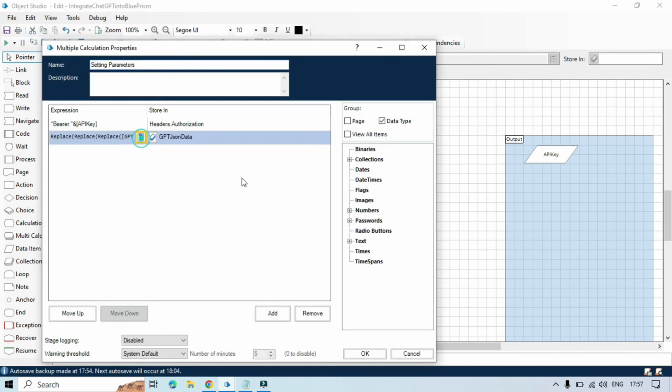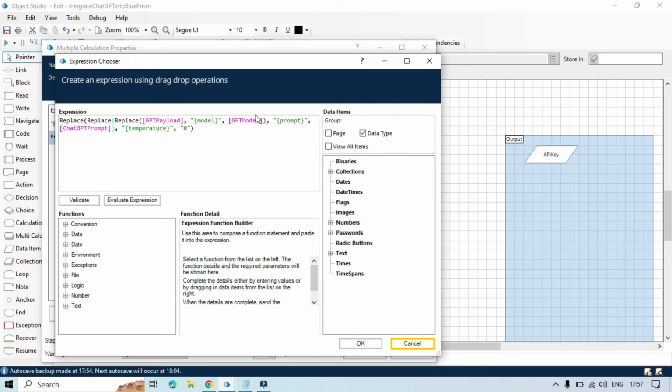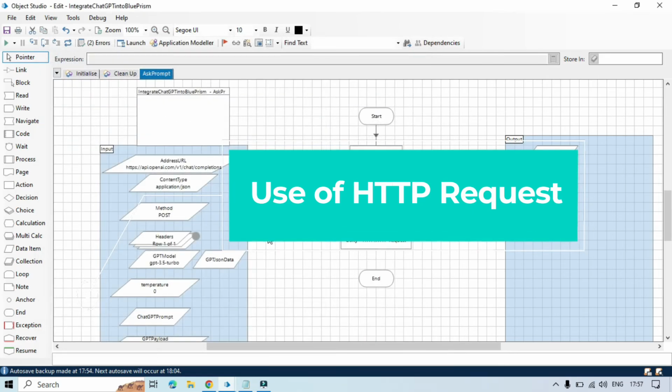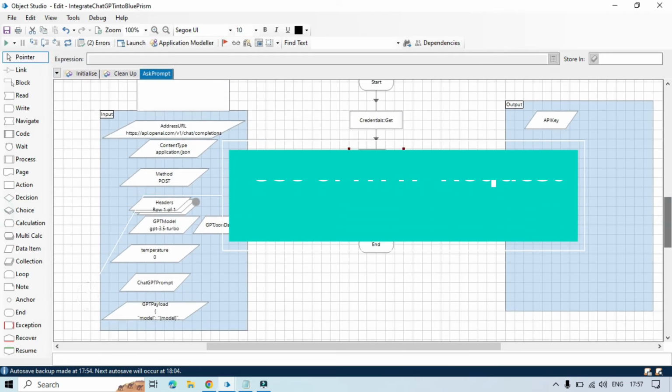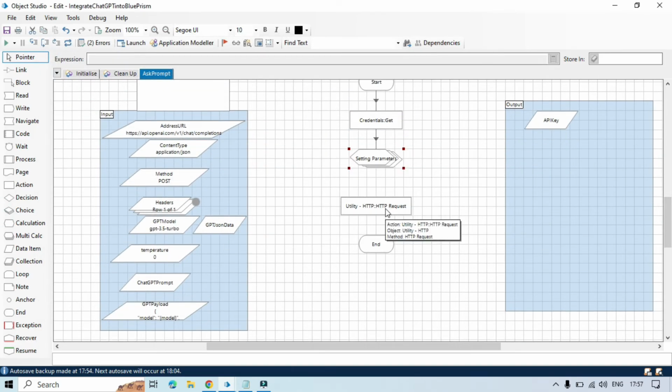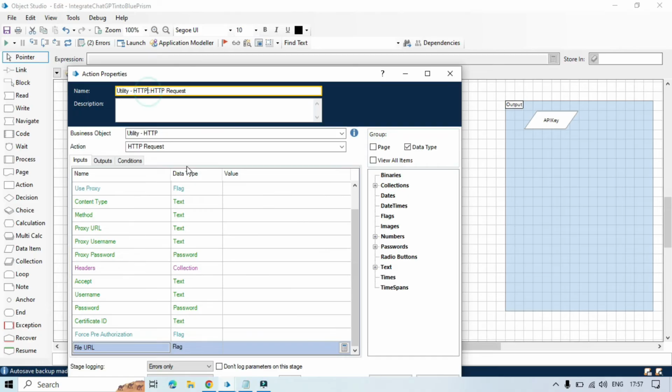So if you see here, we have a temperature, but it is coming from a number. Okay, so let me remove this number. Click OK. Click OK. Now after this, we will go to this utility HTTP request. Let me double click on this. Let me remove this,